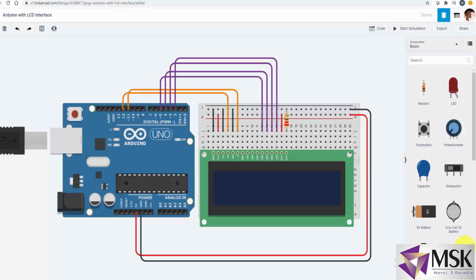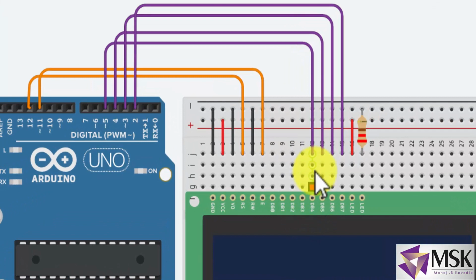So this is the interfacing in Tinkercad. Now in this interfacing you can see this VCC is connected to the breadboard, which will give me the positive rail. Negative is connected to another pin of the breadboard, so this will give me the negative rail. Now pin number 5, 4, 3 and 2 are connected to the 4 bits of LCD, and pin number 11 and 12 are basically used to control read write and enable pin.